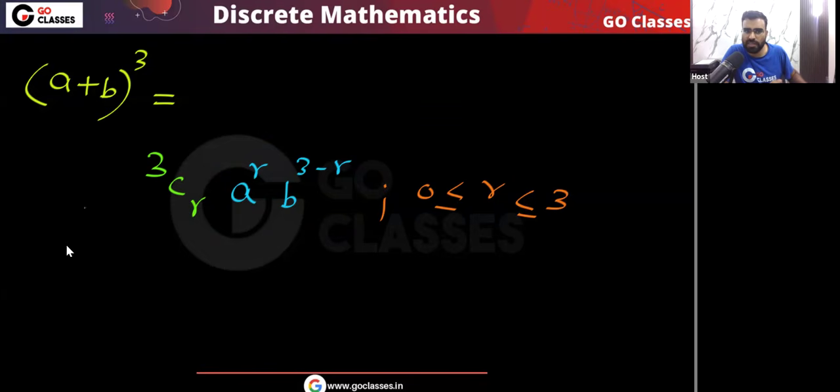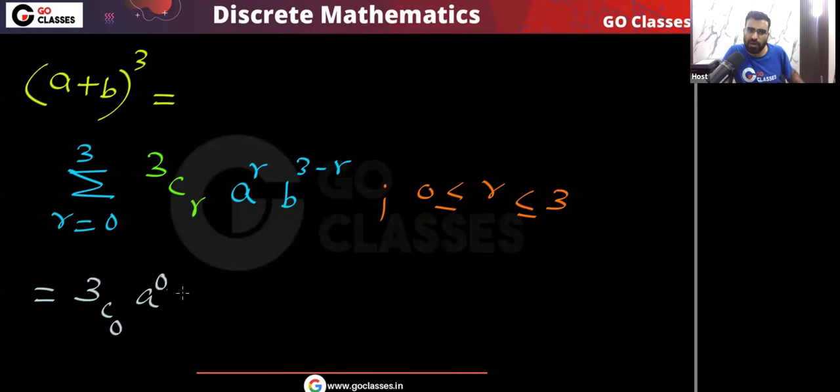So if you open it, you can easily get the expansion, with the summation of R going from 0 to 3. If you put R equal to 0, you get 3C0, A power 0, B power 3. If I put R equal to 1, 3C1, A power 1, B power 2.